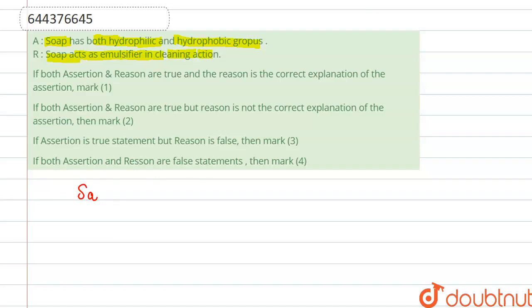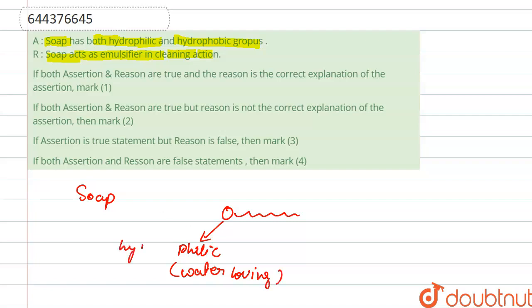Soap has a structure in which one head and a tail is present, right? A structure like this, that is a head part and its tail part, right? So this head part is hydrophilic, which is water loving part group, hydrophilic, and this tail part is hydrophobic group or hydrophobic part, that is water